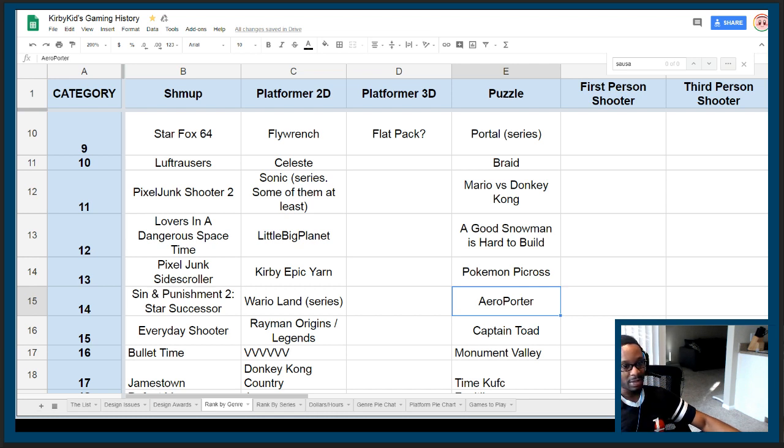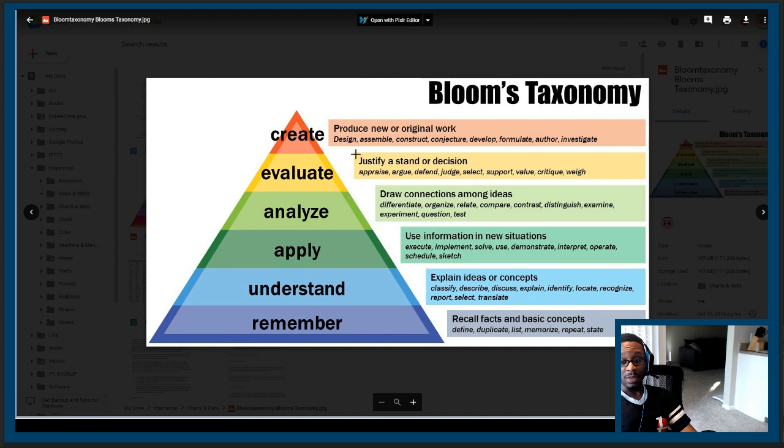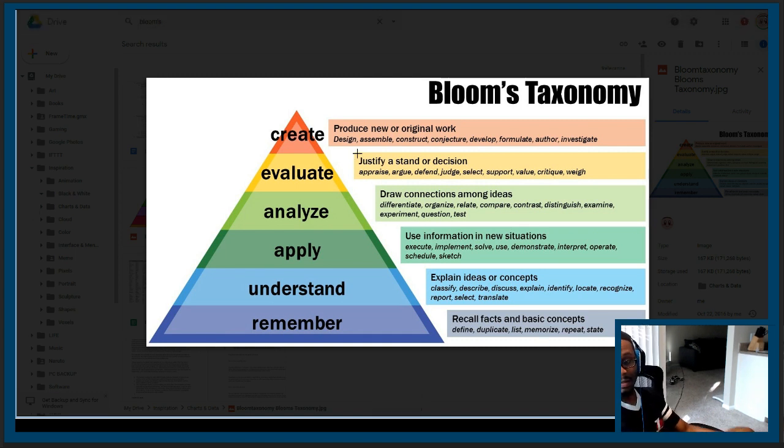"Zachtronics games seem to be the create part of Bloom's taxonomy. Does that make them not puzzle games?" So let's take a look at that. Create is design, assemble, construct, conjecture, develop, formulate, author, investigate. That's kind of interesting. You don't really investigate things in...